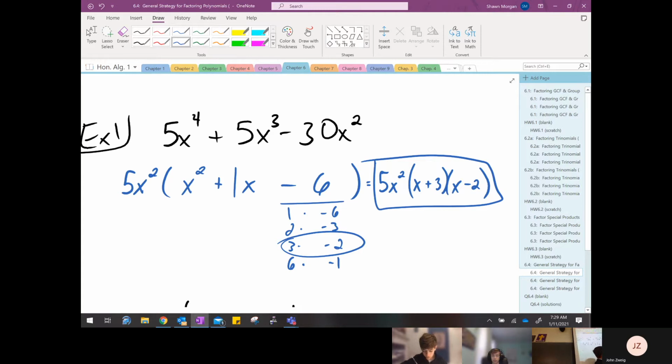Yeah, just multiply, FOIL the binomials, and then distribute the GCF, and you should get back what you started with